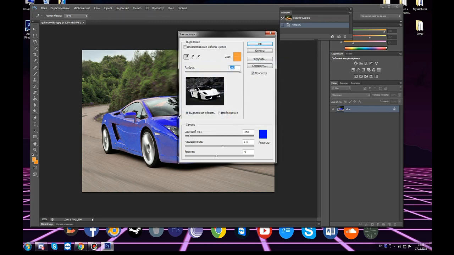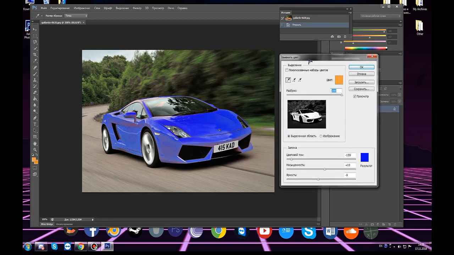And now see the result. Oh my goodness, it's so cool guys. See, it's fully changed. So now guys, if you want to change your wheels color,